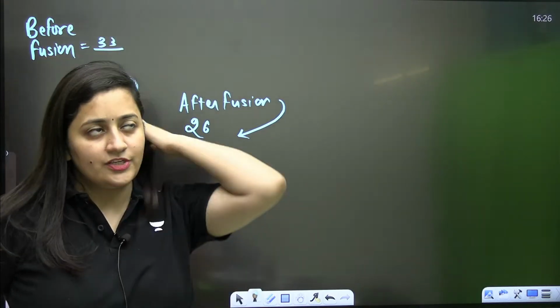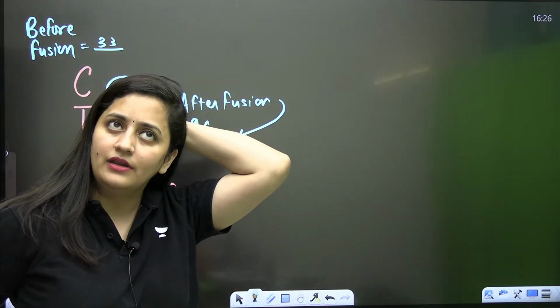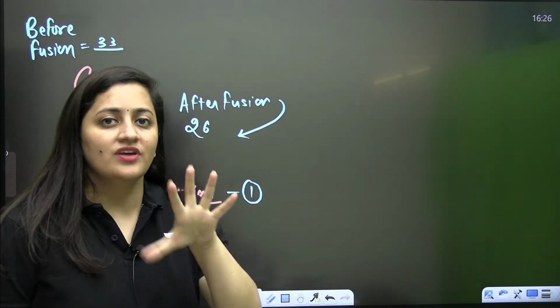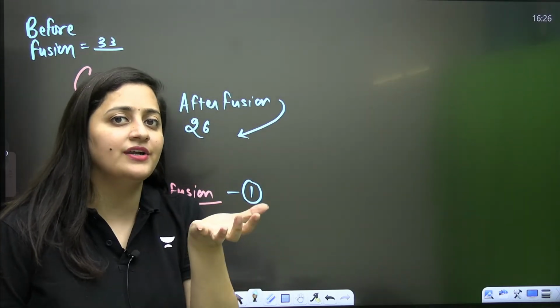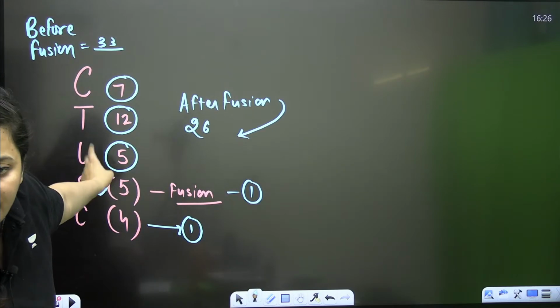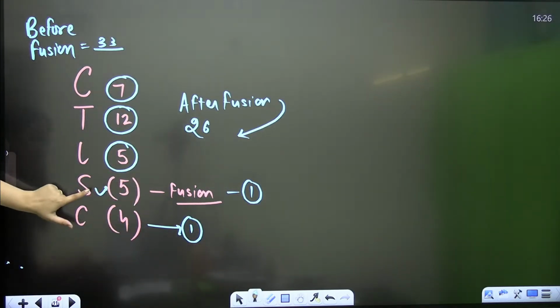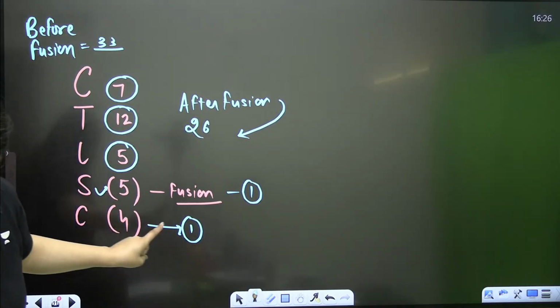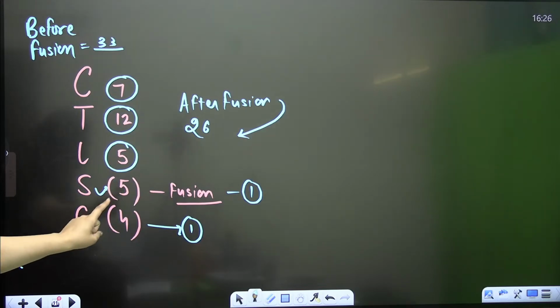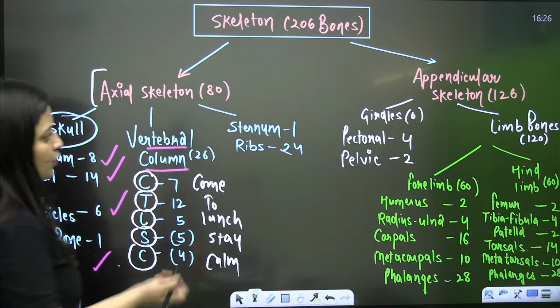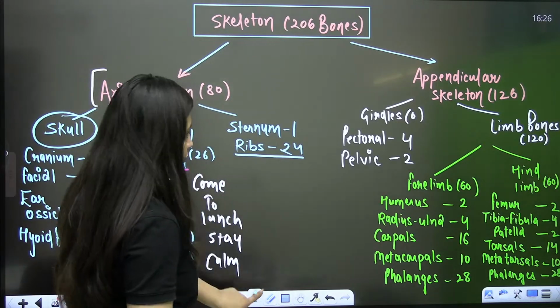It was a question I once saw being answered by a teacher, and sometimes we miss this point. If you are talking about an infant's vertebral column, these will be the number of vertebrae. Later on they will fuse. So 5 bones will fuse and form one sacral vertebra. 4 will fuse and form one coccyx vertebra. That's what you have to remember. Next part, the sternum, the breastbone, 1. Ribs, total 24, 12 pairs.